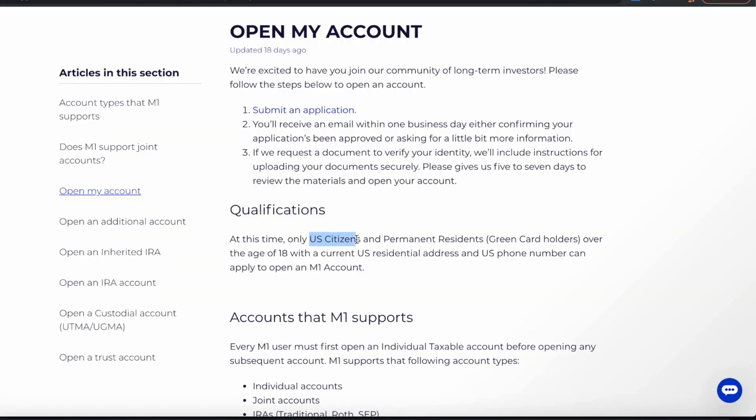At this time, to open an account with this brokerage, you need to be a US citizen or a permanent resident, and yes, green card holders are also accepted. On top of that, you have to be the age of 18 or older, and on top of that, you have to have a current US residential address and a US phone number to be able to open an M1